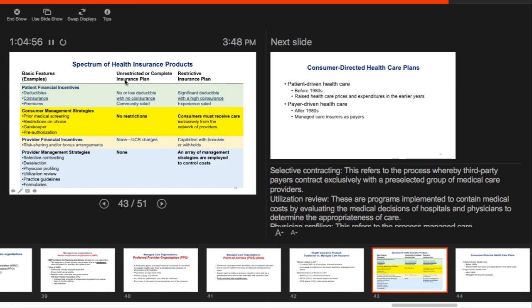Before the 1980s, there were basically no or low deductibles and no co-insurance. The premium rating was based on community rating, so there was no experience rating, meaning the rate was very similar for most members of the health insurance. The premium was almost equal for everybody. But after the 1980s, with the restrictive insurance plans,